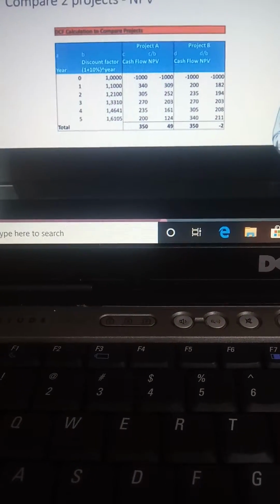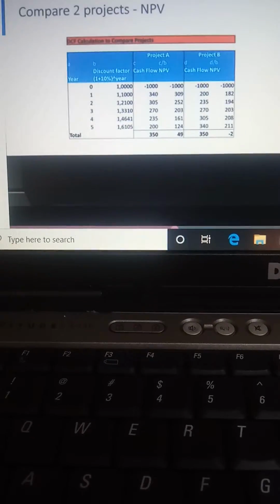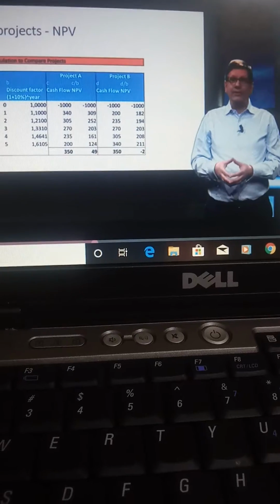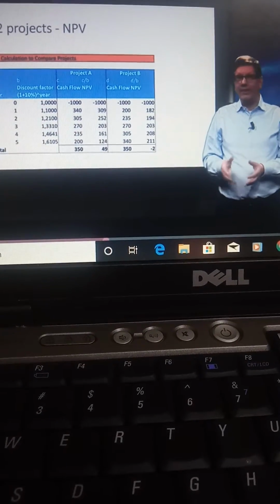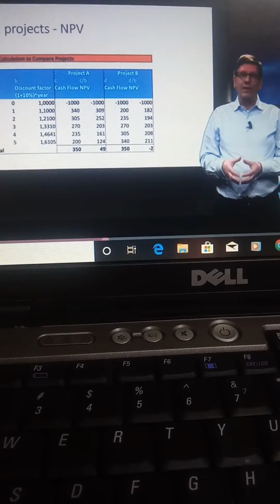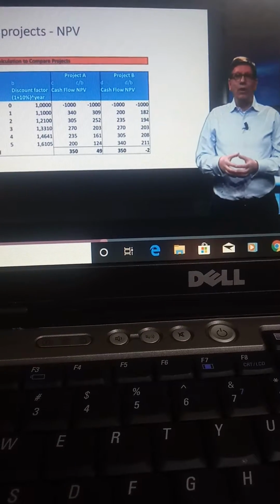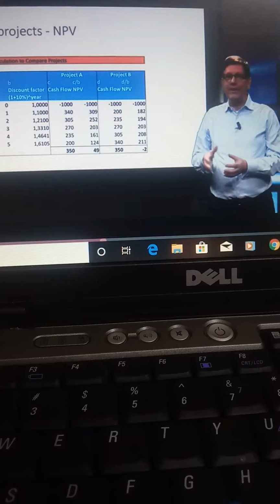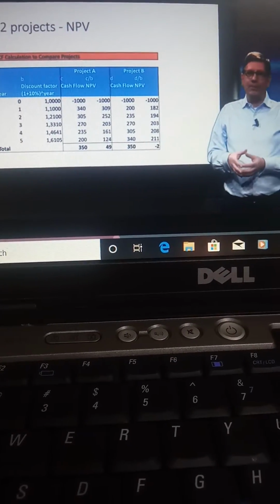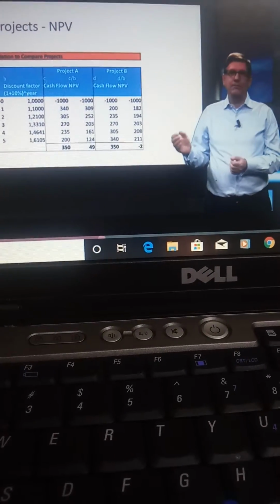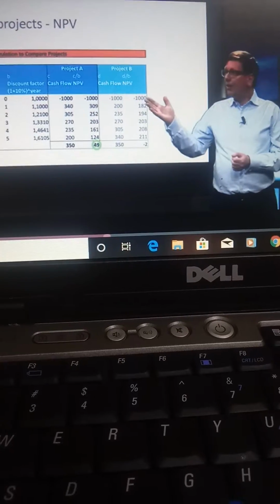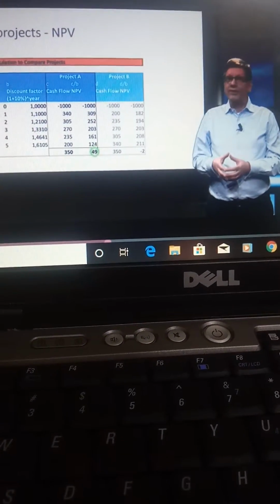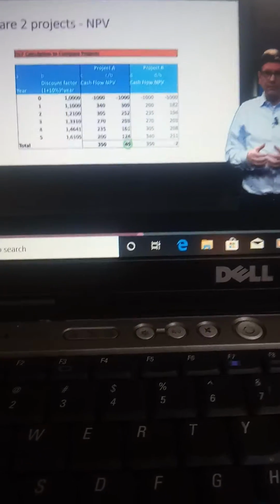Now let's look at our two projects again, and let's factor in the time value of money. We're assuming that the discount rate is quite high for illustrative purposes. We divide each cash flow according to the formula and get the net present value of each cash flow, and then we add them up to get the NPV. Now we see that project A is clearly more attractive because its cash flows come in earlier.